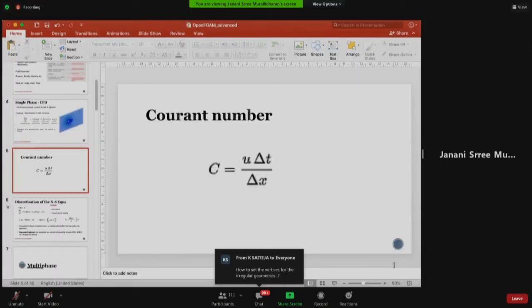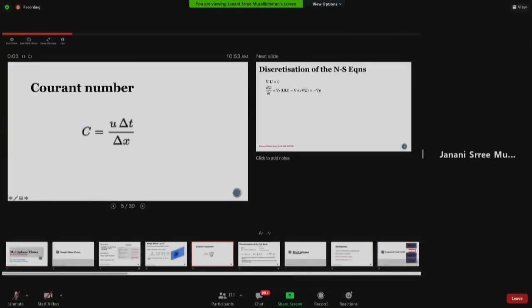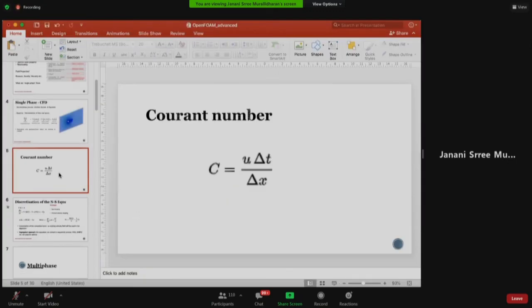Okay, so the main idea behind the Courant number is that, so you're able to see the Courant number? Yeah, we can see the screen, but we can't see that particular slide. At least I'm not able to. Okay, let me do this. Is it visible now? The slide at least? Yes, yes, it is. Okay. So I'm sorry about this because my iPad doesn't seem to work at the last minute.